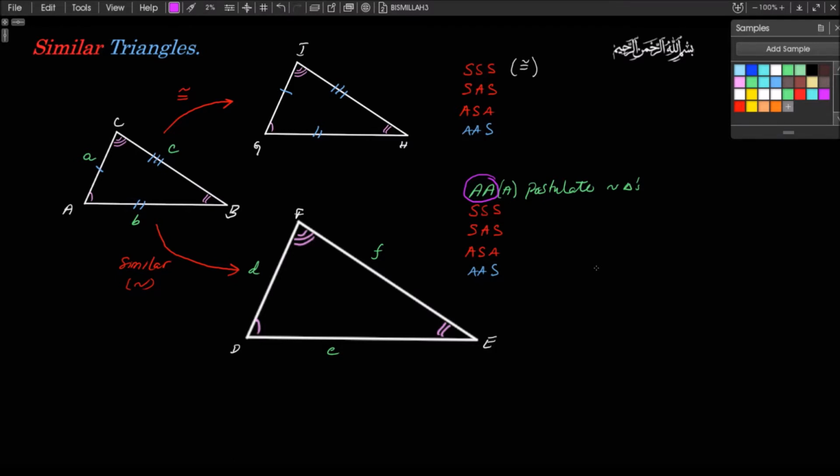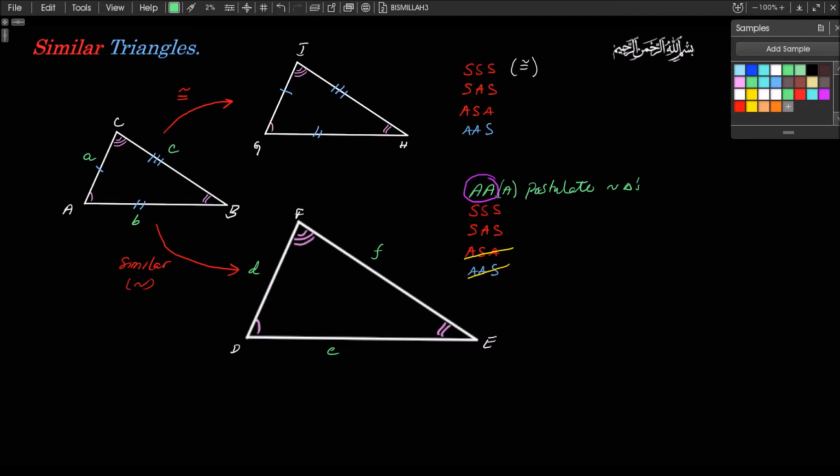Now, look what happens. In angle side angle, we have two angles. And in angle angle side, we have two angles. So these two also simplify. We kind of don't need these, do we? Because as long as you have two angles, we have proven that those two triangles are similar. So in angle side angle, this side is redundant. In angle angle side, this side is redundant. In other words, we don't really need angle side angle to prove triangles similar. We don't really need angle angle side to prove triangles to be similar, because as long as you have two angles, you got it done. So really, there are only three ways that we have to remember how to prove triangles